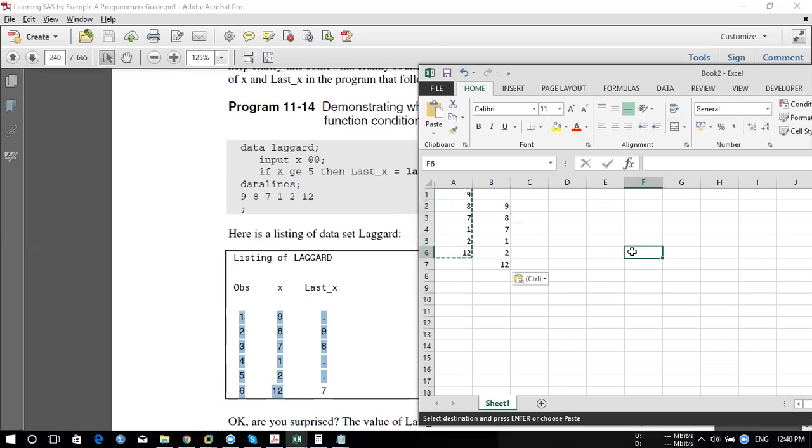Then if x is again greater than 5, then again you do the second. Getting it? For the second it will be similar, correct? There won't be a change. For a 7, there won't be a change. So 7 also will be like this, each iteration.